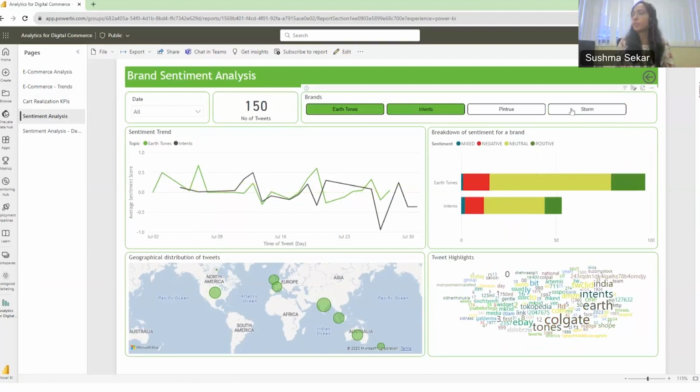So I filtered for two of my brands here. And for example, here I can see there are more than 100 people mentioning my brands on Twitter from the data that I've collected. But unless I actually run sentiment analysis, I won't be able to understand the nature of these tweets, right? So if I'm actually looking at, say, a toothpaste brand, for example, I'll probably find out whether among these 150 people, half of them are actually only complaining about the flavor or smell of the toothpaste. So this natural language processing technique looks at negative and positive words within a body of text to determine the emotion.